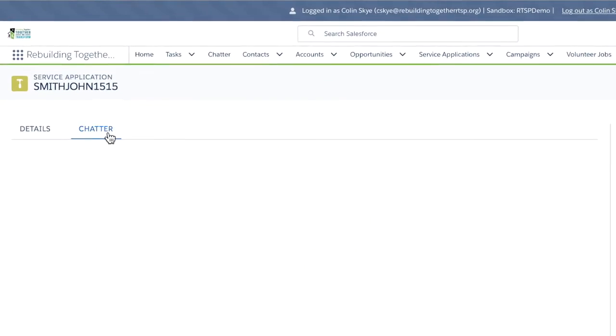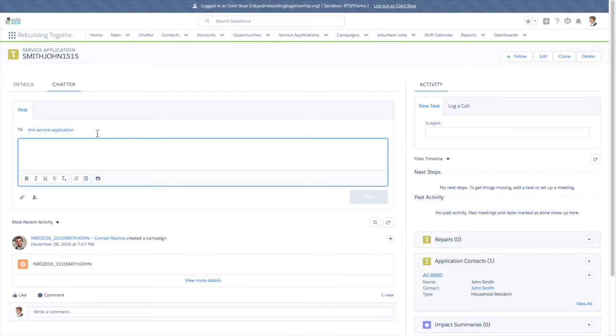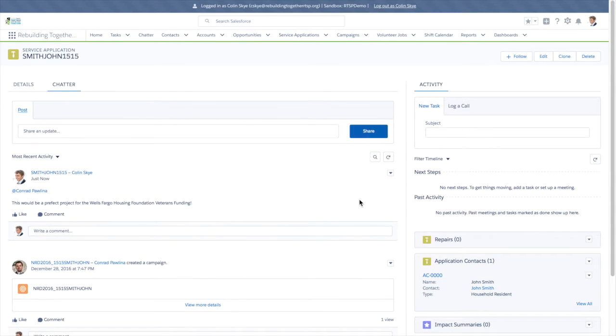You can select the Chatter feed for this record by simply clicking on the Chatter button. From this feed, you can immediately view all the past activity, conversations, and decisions associated with this unique record. Now, while Chatter is not available on all objects, it is typically available on objects that involve collaboration and usually generate discussion. For this example, Colin is going to provide me with a simple update on the status of this specific service application. Now, let's sign off Colin's account, and we can see how this notification appears on my Salesforce